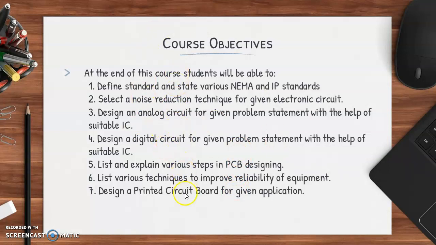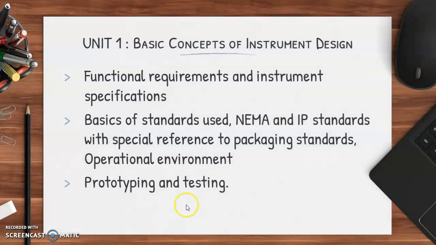So these are the course objectives for ISD. Now we will go unit wise. So now unit number 1, the title of this unit is Basic Concepts of Instrument Design. So what all are the major parts here? We have functional requirements and instrument specifications. As we have already discussed, we will see the basics of standards used, NEMA and IP standards with special reference